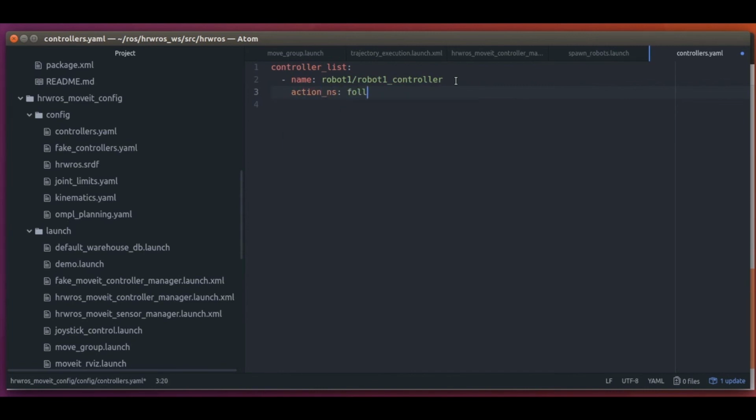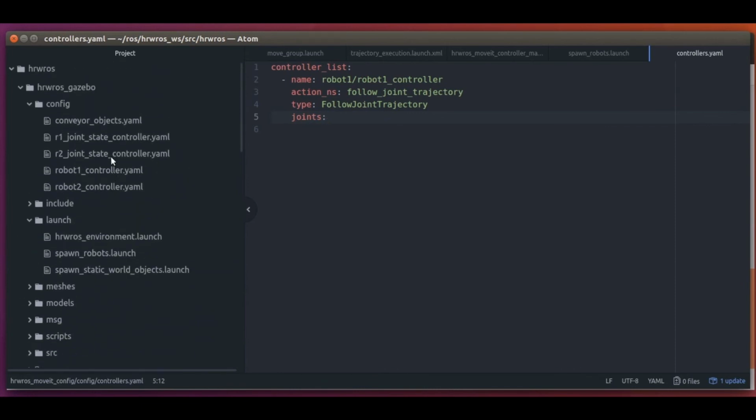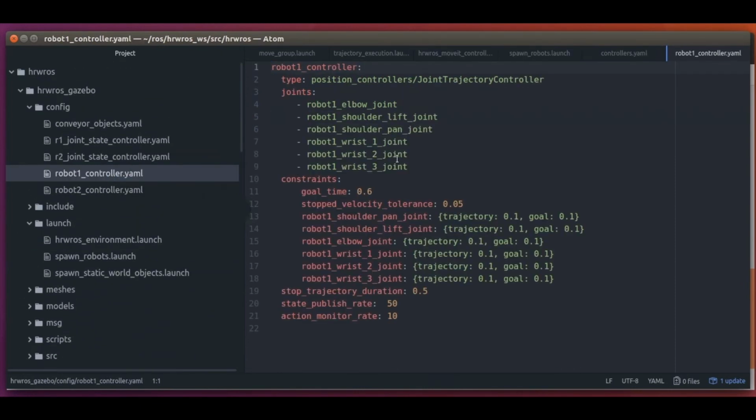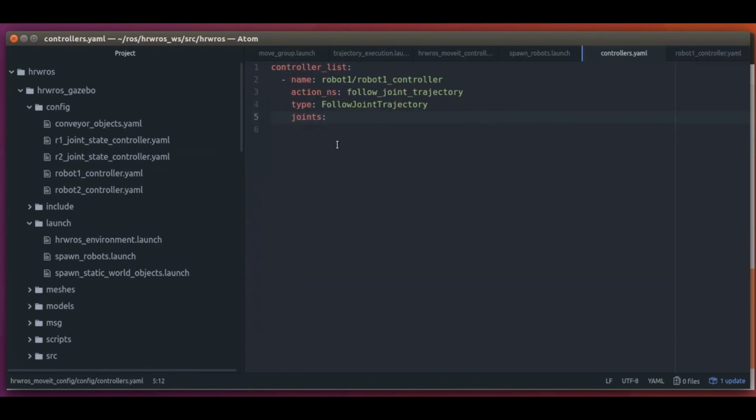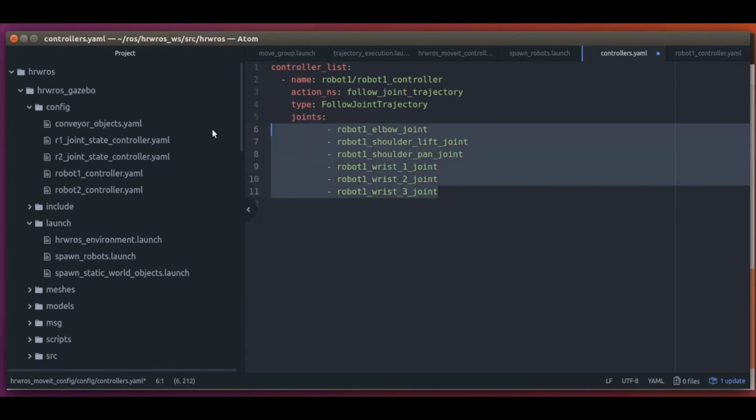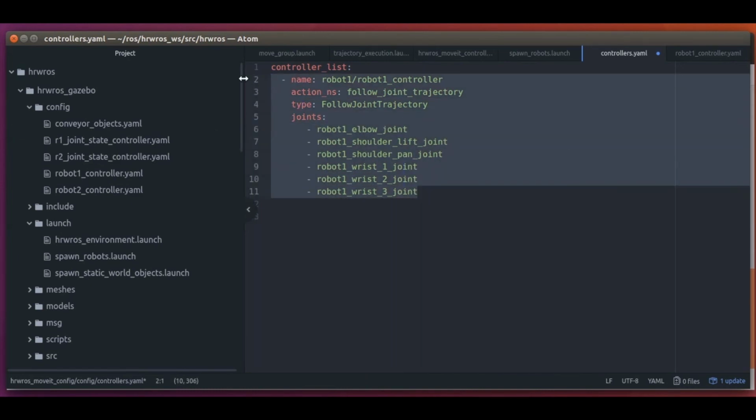The FollowJointTrajectory action is available in the follow_joint_trajectory namespace in our ROS installations. And lastly, we specify the list of joint names, which we can take directly from the Gazebo controller. And so we do the same for our second robot.